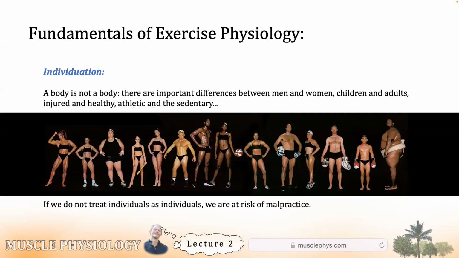Individuation, this is the next principle, which is basically individuality of the individual, and that's what individuation means. So are you an Olympic wrestler? Are you a Hulk Hogan kind of pro wrestler, a sumo wrestler, an arm wrestler? Maybe you're not a wrestler at all. There are important differences from person to person. You can't just prescribe the same therapy or diet or exercise or drug or anything else to everybody.